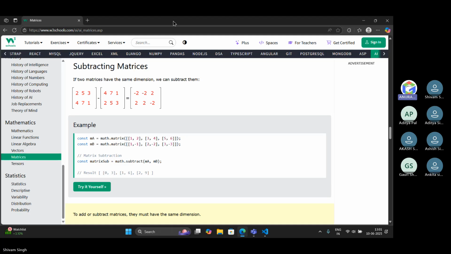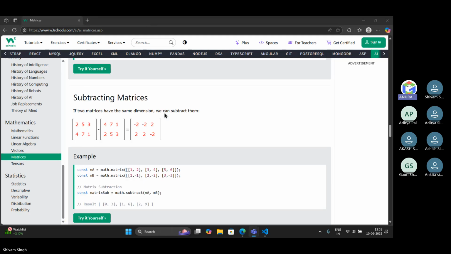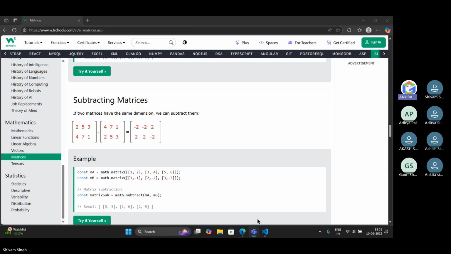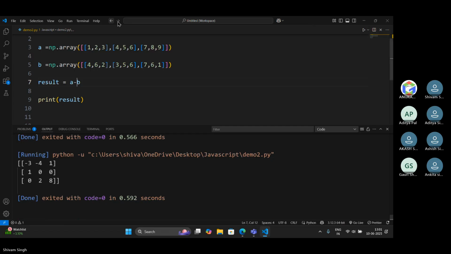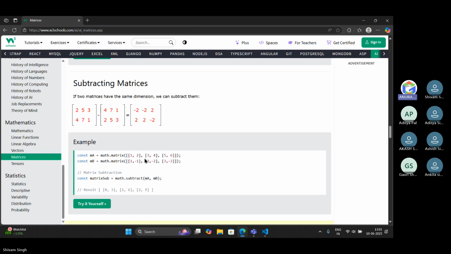Is there another example I need to execute? Subtraction. It is the same, we just need to change the operation there. It will work in the same way. So here we get the subtracted value. As we have subtracted A minus this, 1 minus 4 is minus 3 there. So we get the output. Fine.